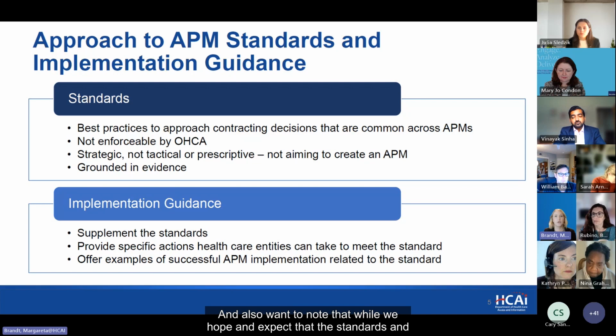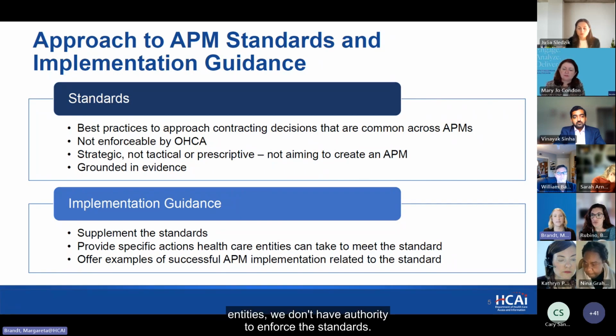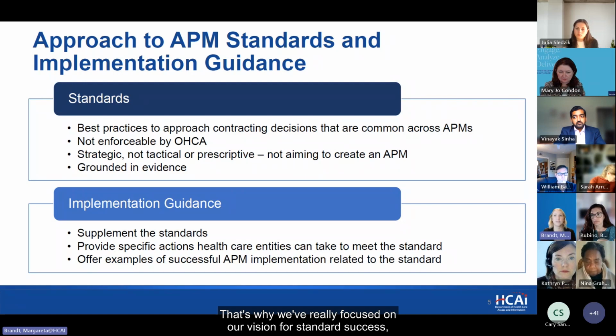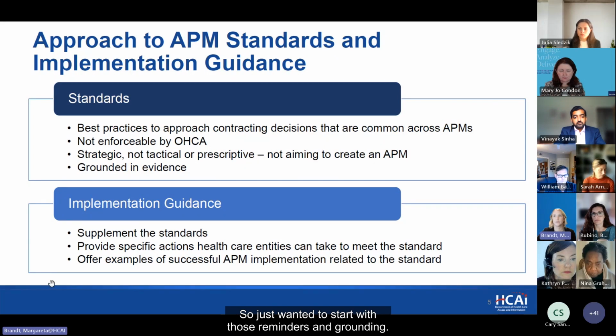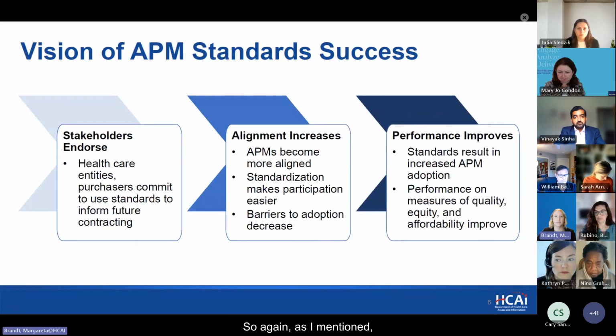And also want to note that while we hope and expect that the standards and implementation guidance will be used broadly by different healthcare entities, we don't have authority to enforce the standards. That's why we've really focused on our vision for standard success, which I'll walk through in the next slide. So just wanted to start with those reminders and grounding. So again, as I mentioned,